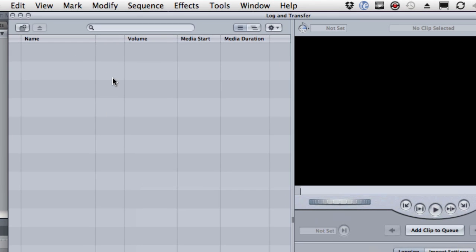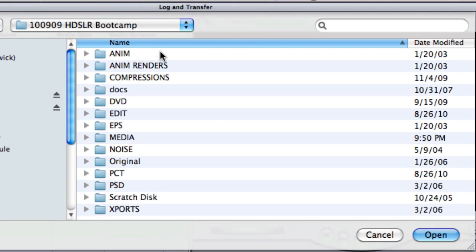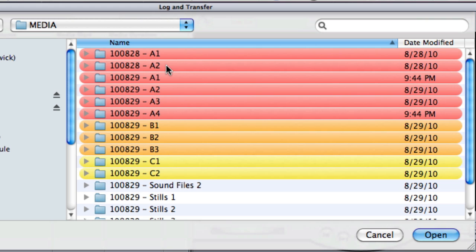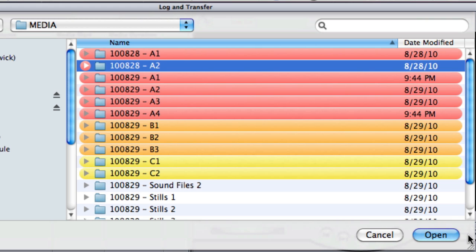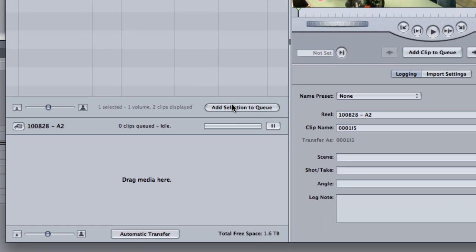So what we're going to do first is come over here and add a card, and we're going to dig into our media folder down here, and this is the card that we started, so we're going to hit open on that. Now this card only has 2 clips. They're pretty long clips, and we're eventually going to hit this button and go in and log and transfer them. But before we do that,